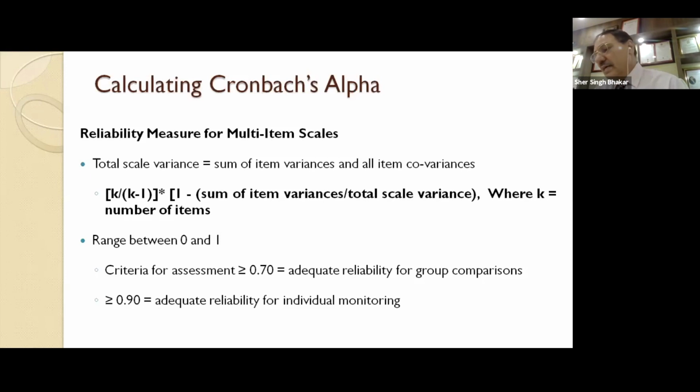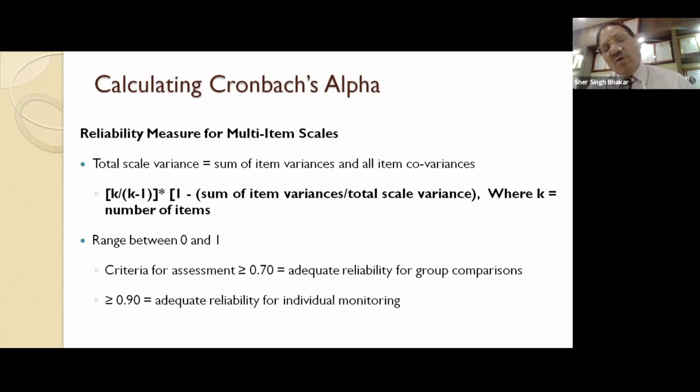Right? So we looked at split half, another old method that people have been using, and the formula for that is 2r divided by 1 plus r, where r is the correlation coefficient. That means you develop the correlation between the two sets of data when you divide it into odd and even, right? Then you can use this 2r divided by 1 plus r formula to compute the split half reliability.